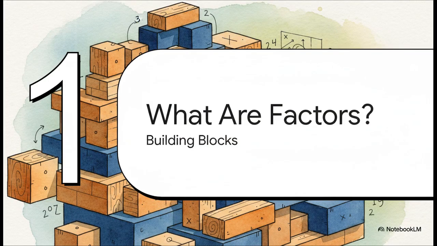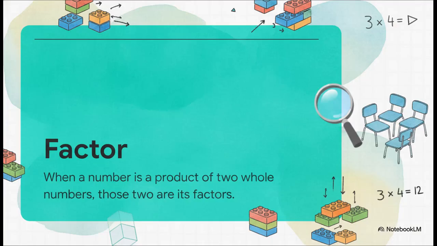What are factors, the building blocks of numbers? To solve that problem of organizing our 50 pupils, we first need to know what numbers are actually made of. So the crucial point is understanding the formal definition. When a whole number is written as a product of two whole numbers, those two numbers are known as factors of the original number. Think of it kind of like taking a giant Lego structure and snapping it into two